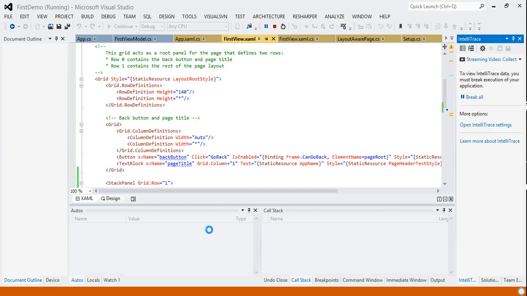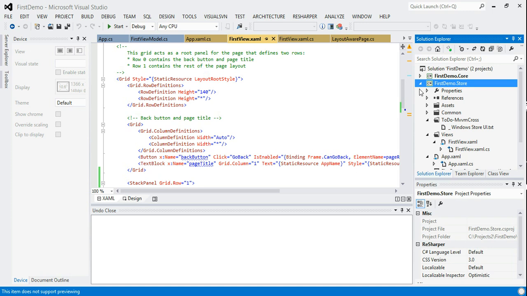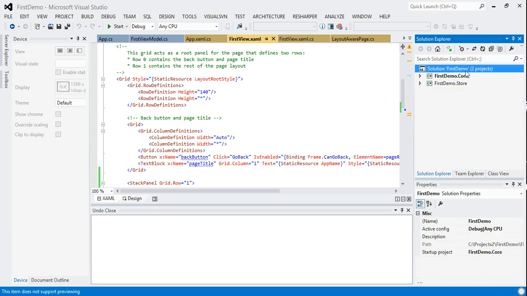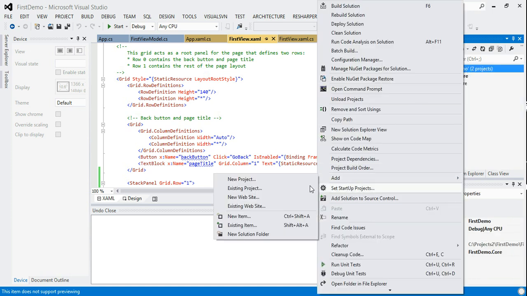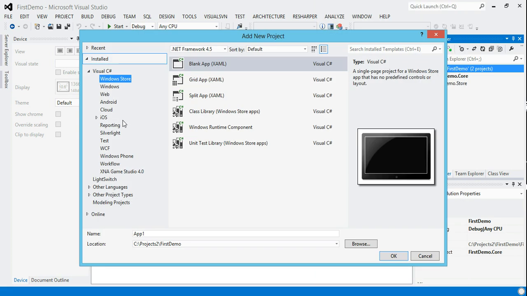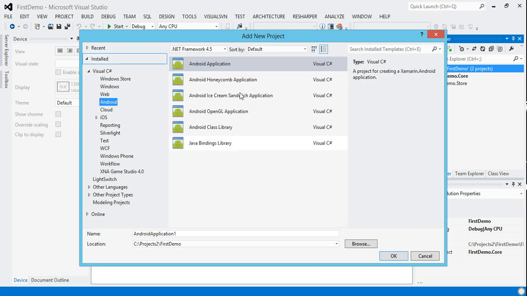Okay, so that is Windows Store. We could also do the same thing for Windows Phone, but let's go across to one of the Xamarin platforms because that's a bit more exciting as the next demo. So let's go across to Xamarin and let's choose an Android application. And this one we will call first